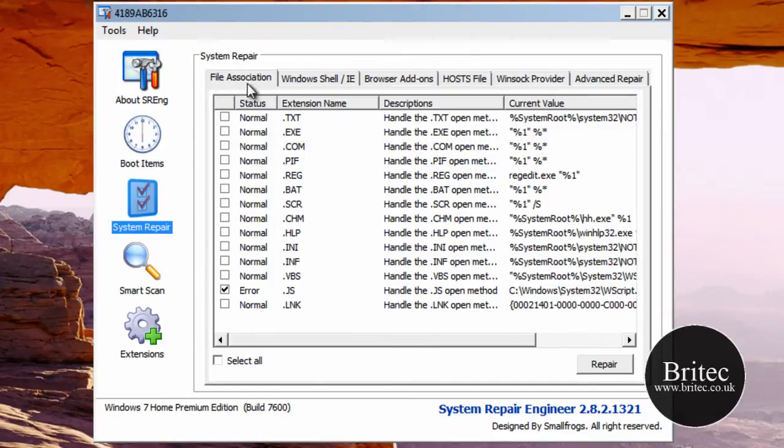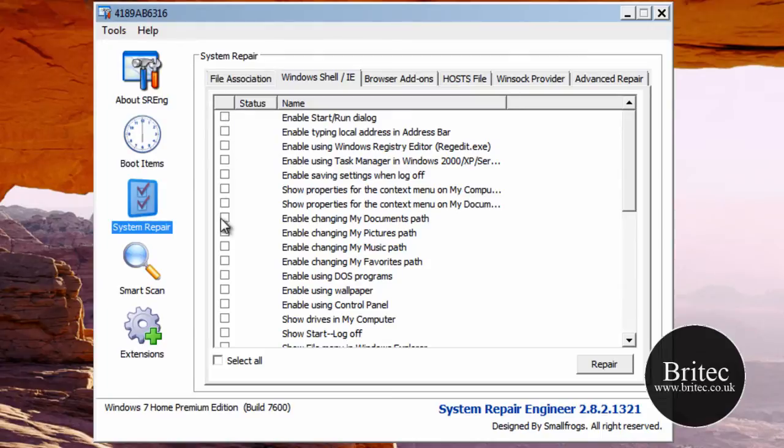First tab is very useful, file association. We can actually fix all these file associations down here. You just click on which one you want and click on repair, which is the actual repair button down here. Have a look at the Windows shell, i.e. we can actually fix all these if we wanted to. Select all and then click on the repair tab if you wanted to, or just do individually which ones you